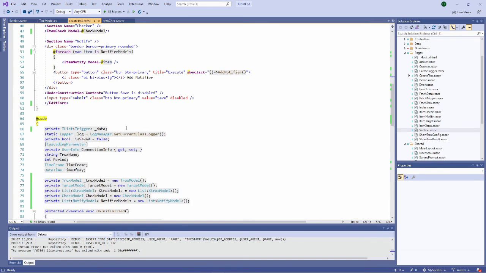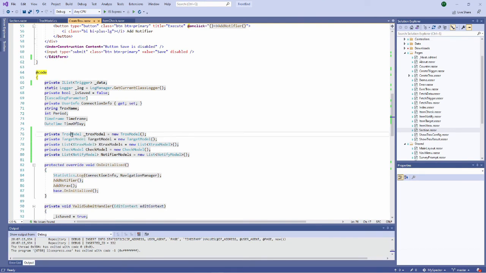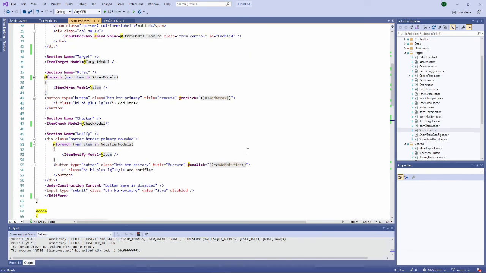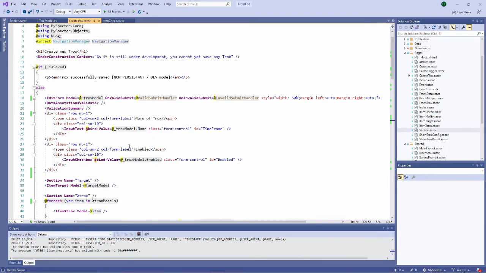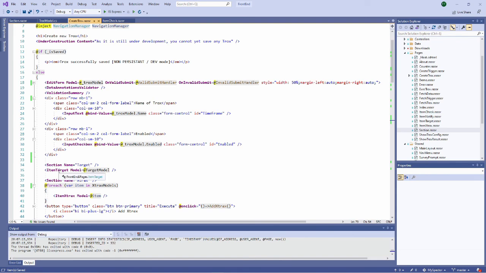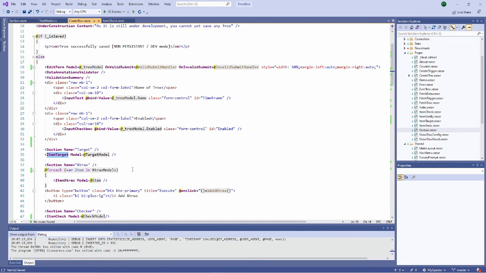And here in the code section we have the different models which are allocated here. So the TROX model, which is in fact the parent model, the target, the extracts, check, and notify. What we can do is continue to refactor slightly. The issue currently is that I have different dependencies. For example, the item target with a target model.